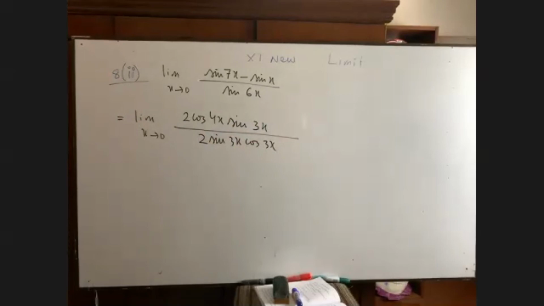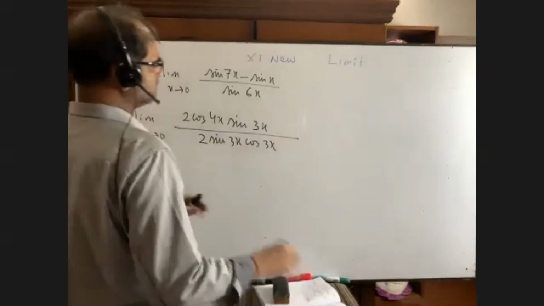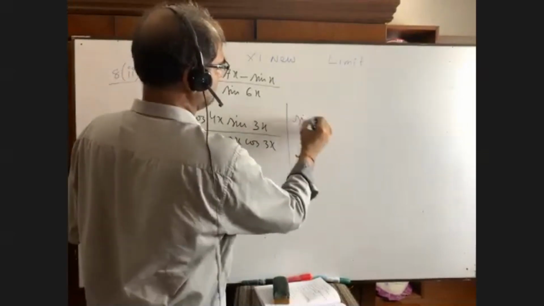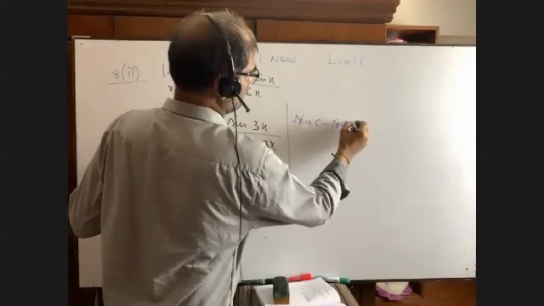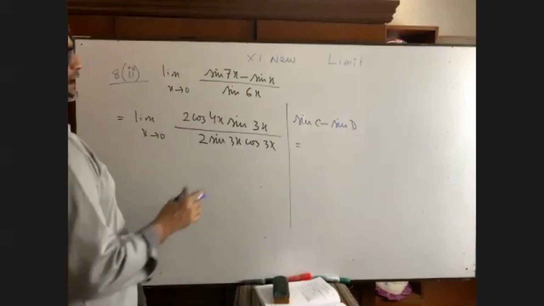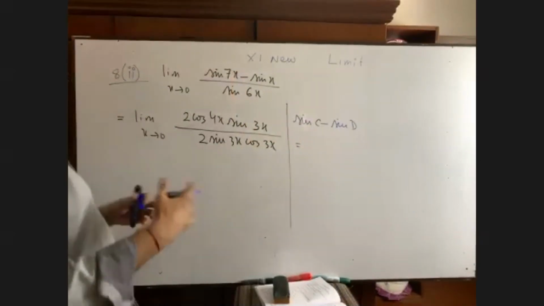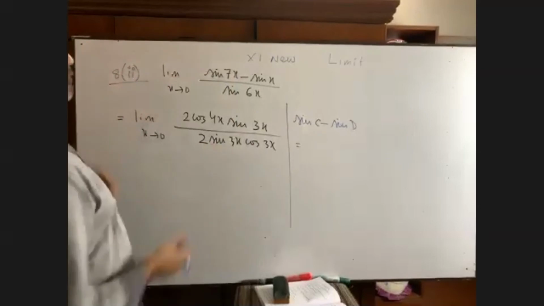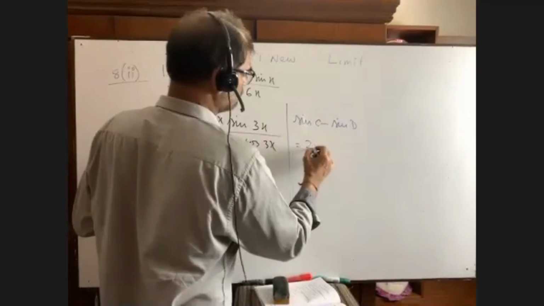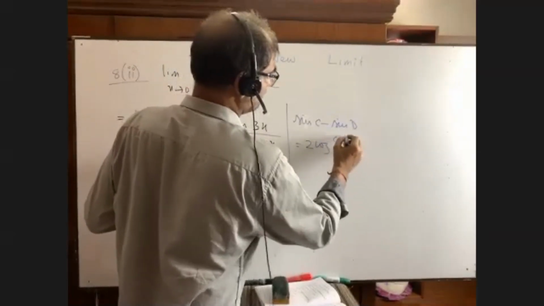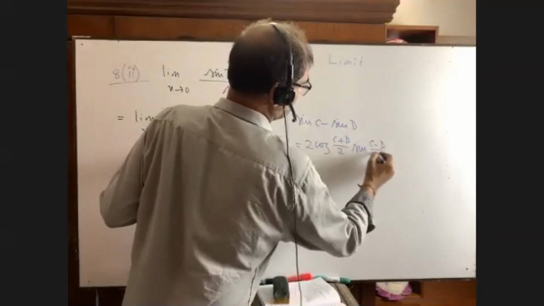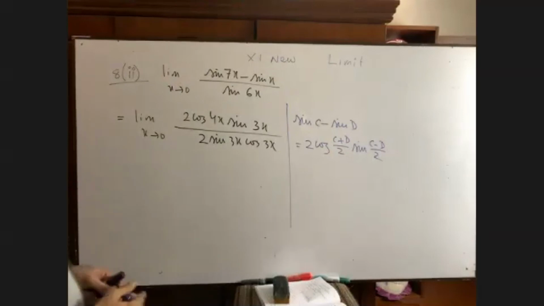All of you are required to talk to me. It depends on knowing the formula, nothing else. Sin c minus sin d. You should always write down this formula at the top of the page, so that when you revise, you will come to know this formula has been used. It is 2 cosine of (c plus d) by 2 sine of (c minus d) by 2. If you know this formula, then the math is done. Nothing else is left.